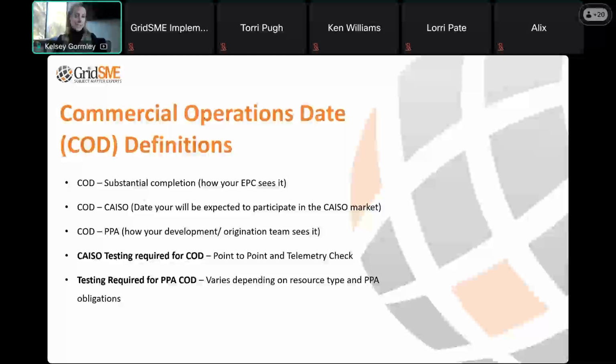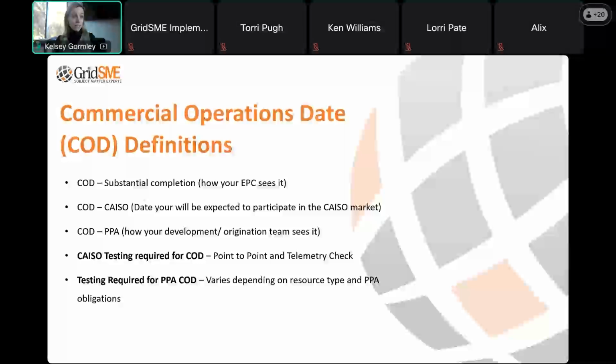And like I mentioned at the beginning of this call, the only testing that is required for you to get to that date with CAISO is a point-to-point check that happens before you synchronize to the grid, and that 72-hour telemetry check. From CAISO's perspective, those are the only two tests that they are going to require before they will approve COD.